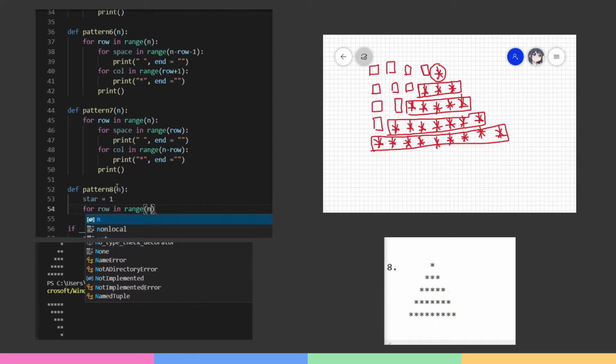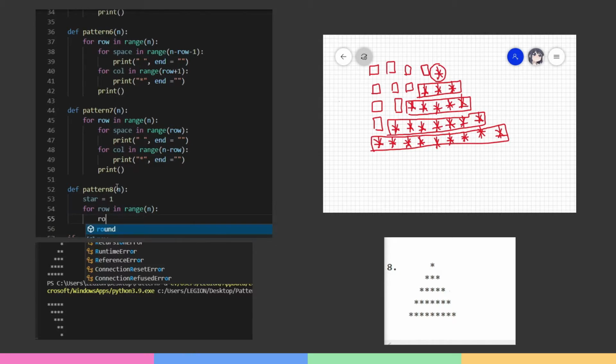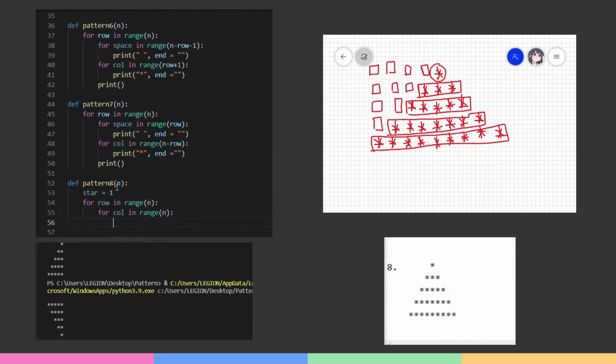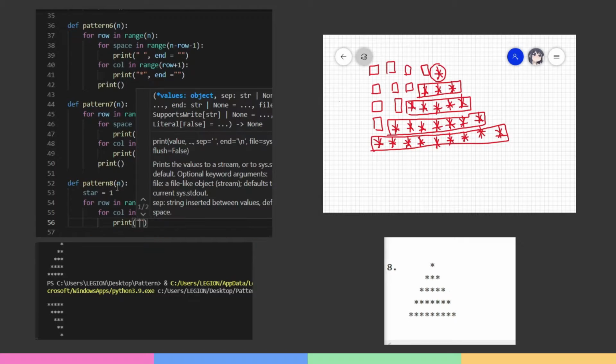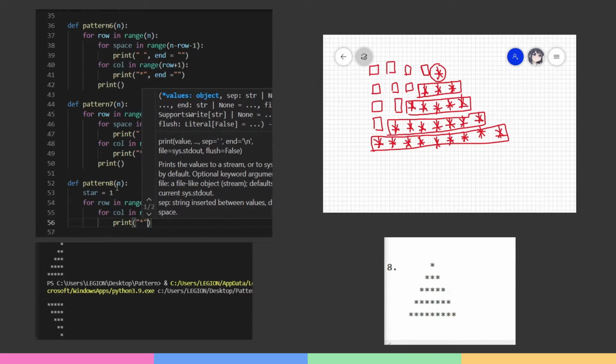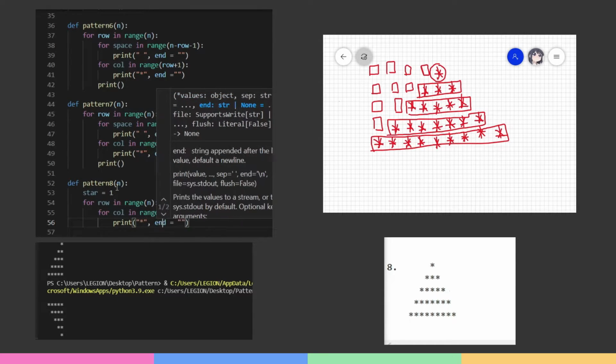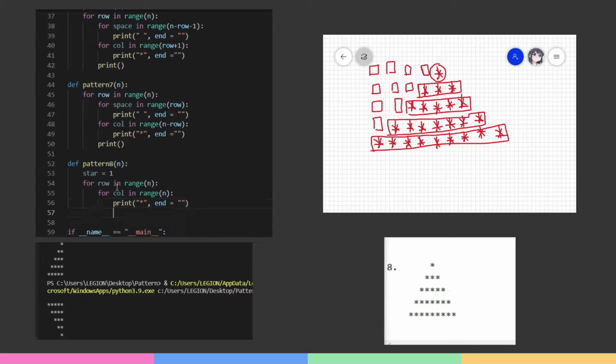It's always going to be n number of rows. For column in range,